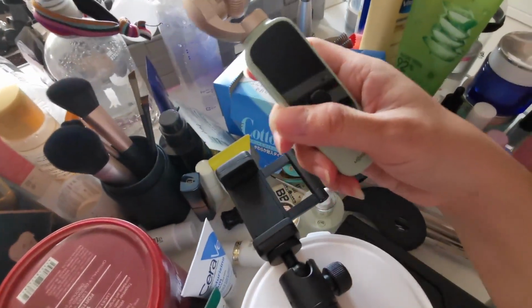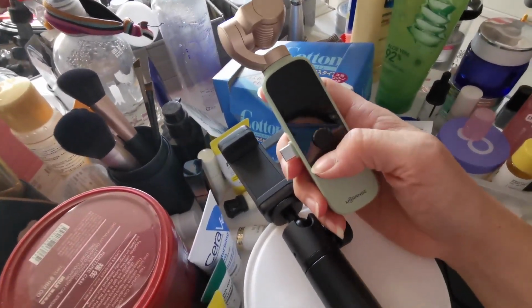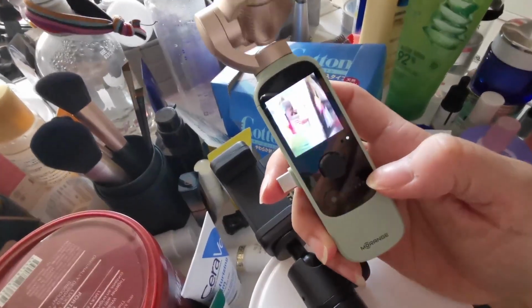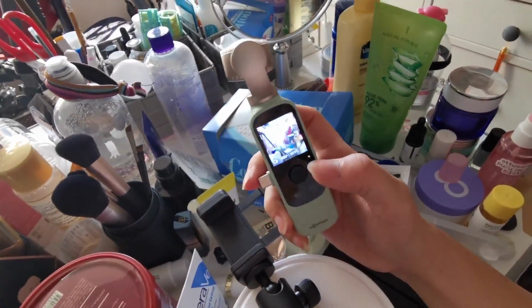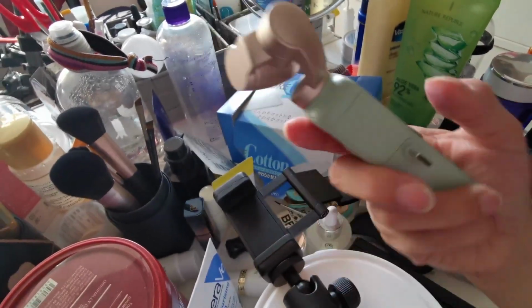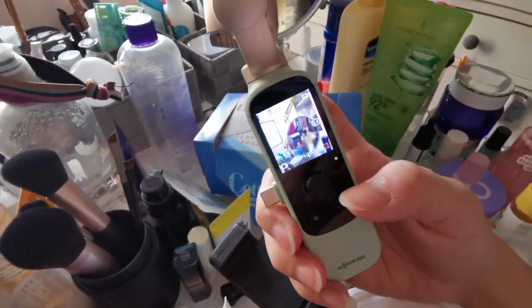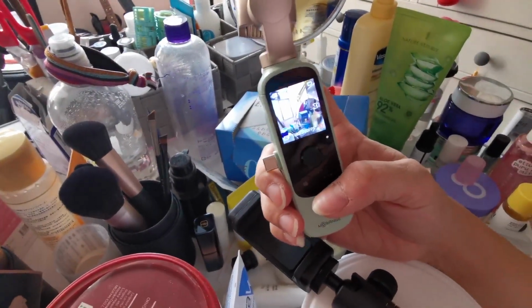Okay, now I'm back to my daughter's room, my messy table. This is the button to turn on. I have my SD cards in. Let me see. I don't have a tripod with me, so